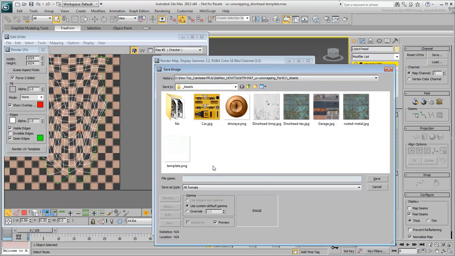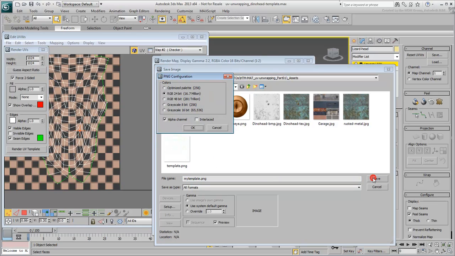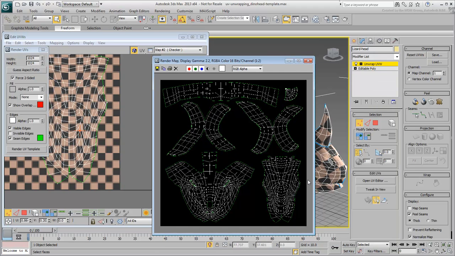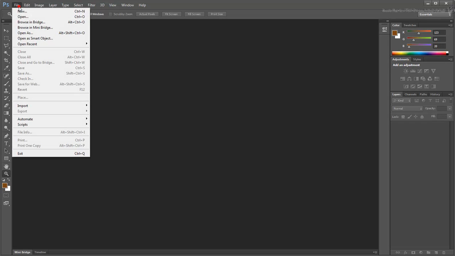Name the file mytemplate.png. Make sure it's set to 24-bit and that the alpha channel option is enabled. A similar file named template.png has been provided, should you need it. When you open the file in Photoshop,